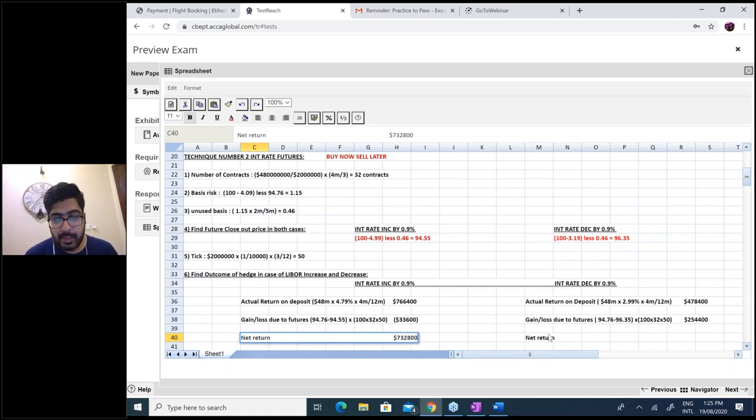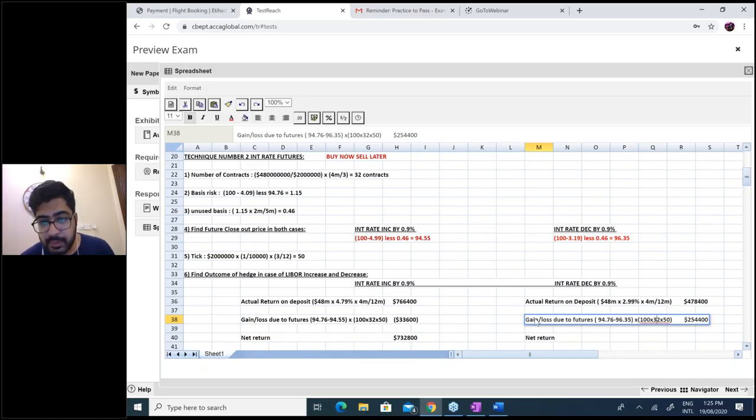Okay, and come to this side. Gain or loss due to futures on the right side. The strategy is buy now, sell later. Buy now for 94.76 and sell later for 96.35. Buy for lower, 94.76, sell later for higher, 96.35. If you buy for lower and sell for higher, it's again a gain, which increases the return. Add it. 474,800 plus 254,400. The net return is